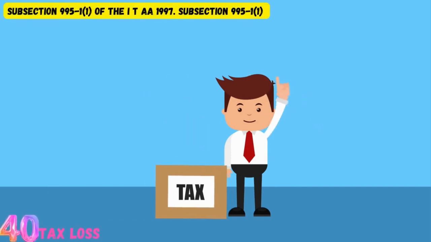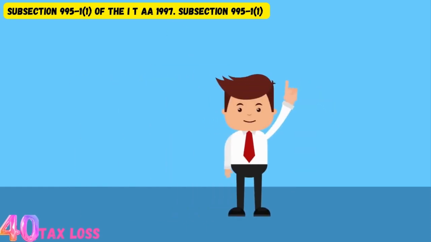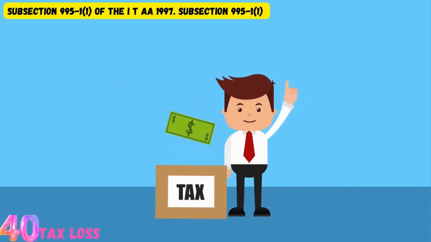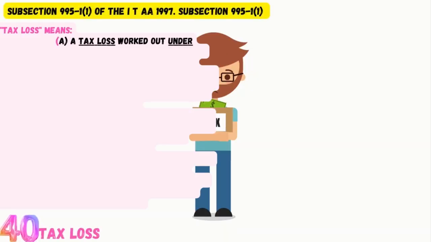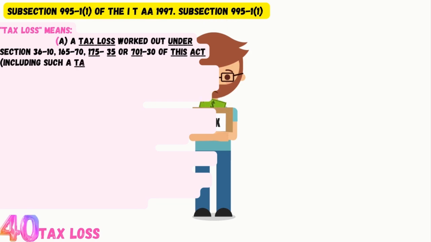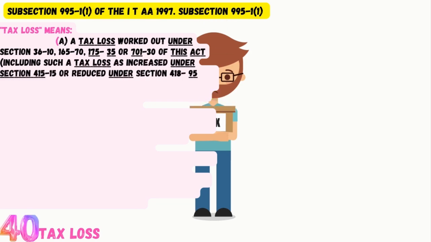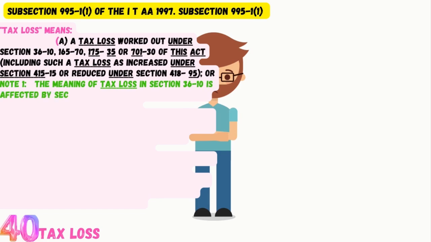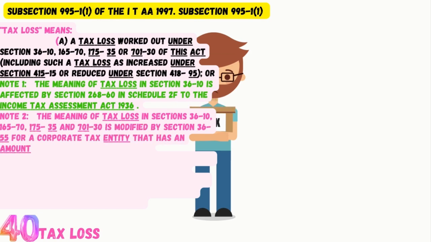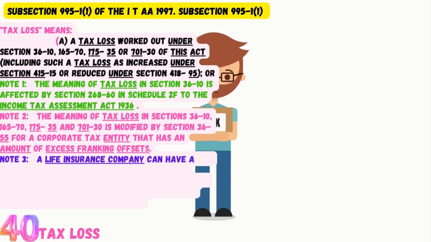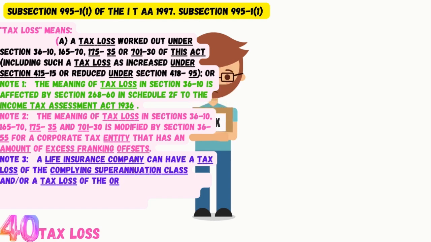Next word. Word number 40. Tax loss has the meaning given by subsection 995-1 of the ITAA 1997. Subsection 995-1 of the ITAA 1997 states, tax loss means a tax loss worked out under section 36-10, 165-70, 175-35 or 701-30 of this Act, including such a tax loss as increased under section 415-15